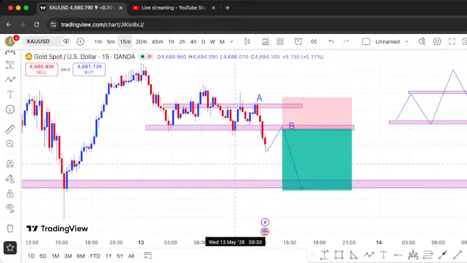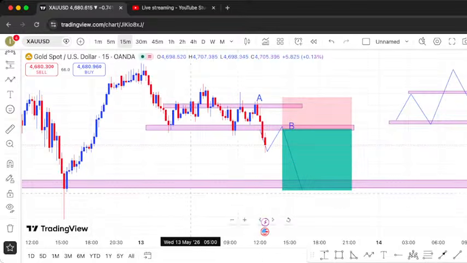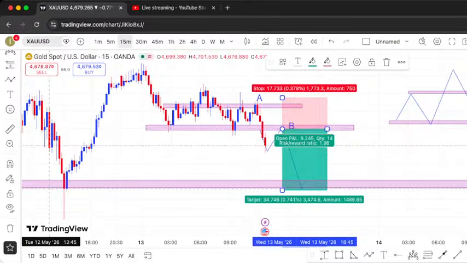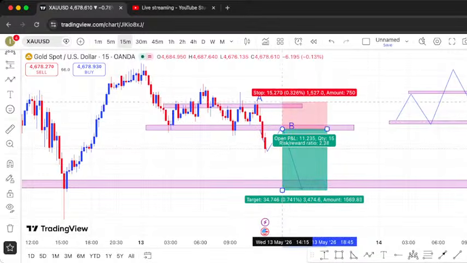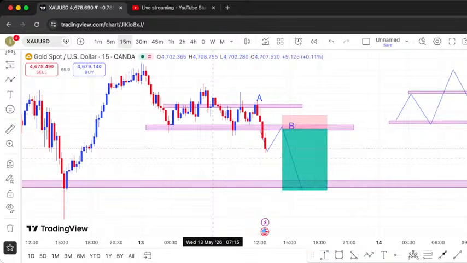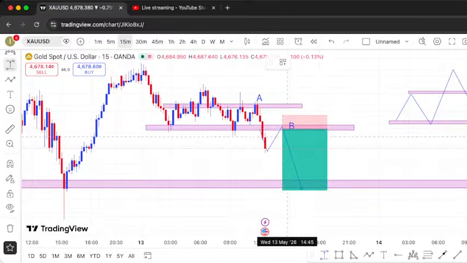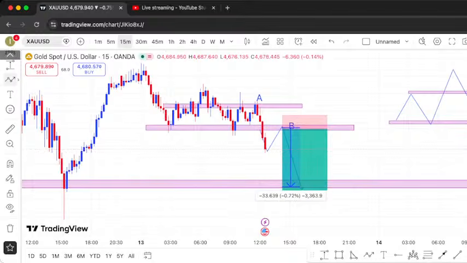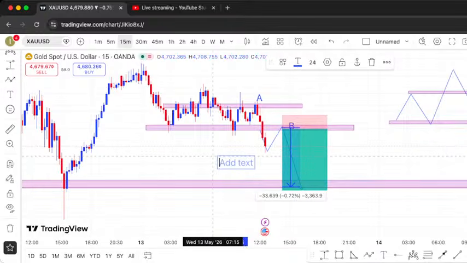Point B should be your area of interest so that we can sell that market, targeting the recent low. That's the place where gold shows an area of interest for us to sell, at least targeting the next recent low, which will be about 46.55. It will be our take profit area. So once that market retraces back to this zone, that's when we are going to take an entry. So be active for that, and it should be some very good pips, because if I count from this zone targeting all this level, that's more than 306 pips down. So 306 pips loading on gold.